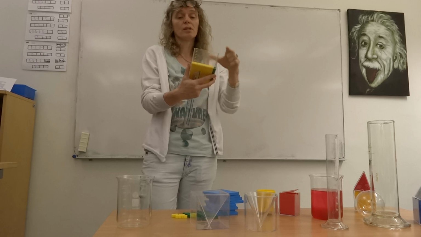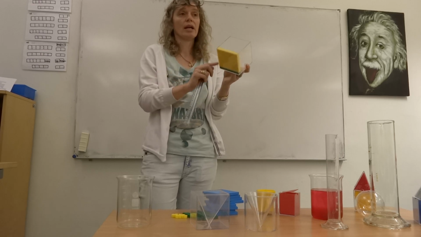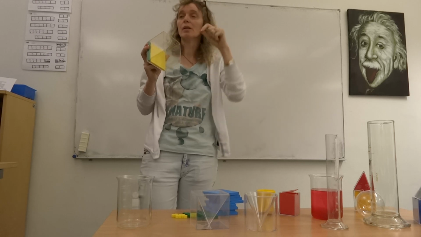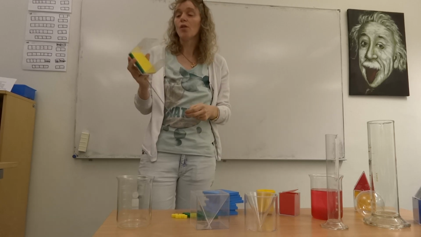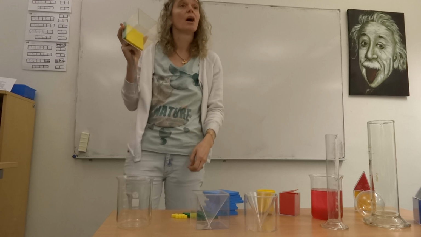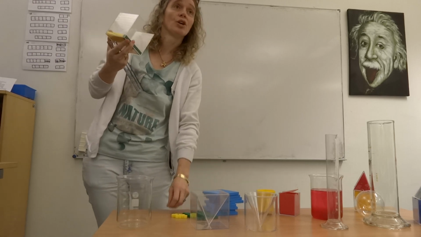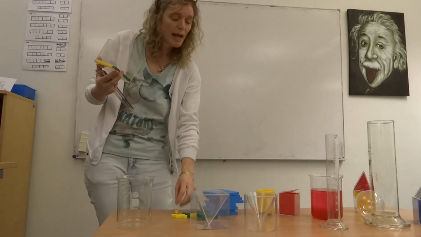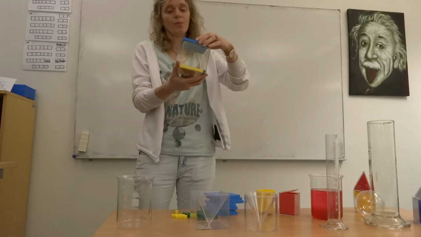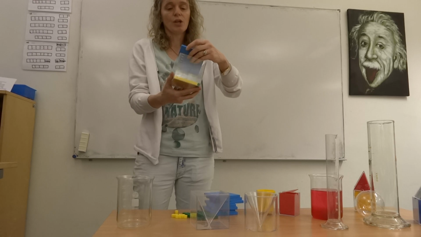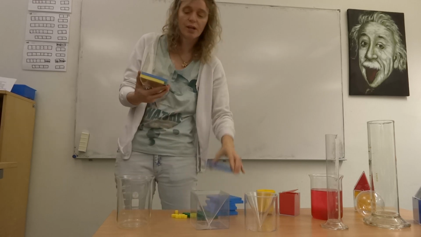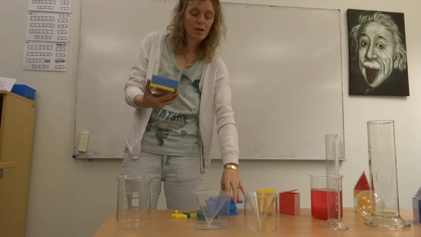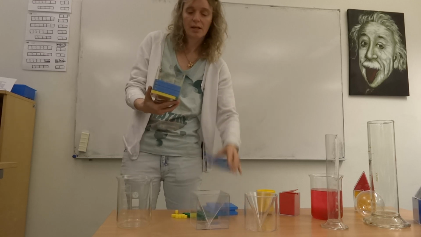Okay, we've got 10 along here and 9 along here of yellow, and then I put in a 10 here as well, just to make it a little bit easier to get them out. So on the bottom there are 10 times 10 centimetres cubed, and this is how small a centimetre cubed is. And then if we were to fill this up with centimetre cubes, here's another 100, there's 200, 300, 400, 500,